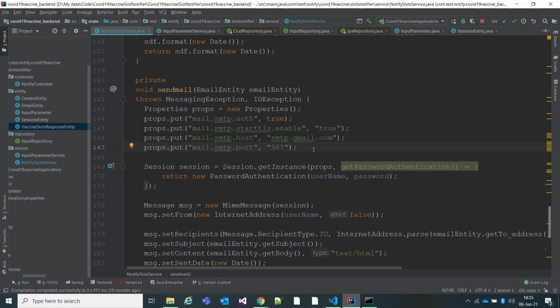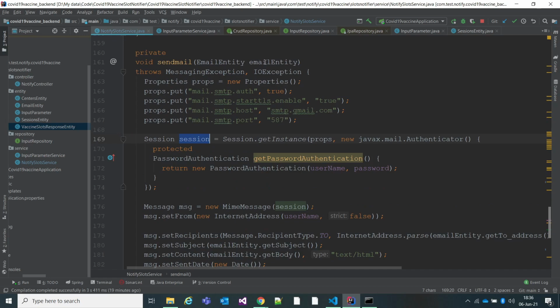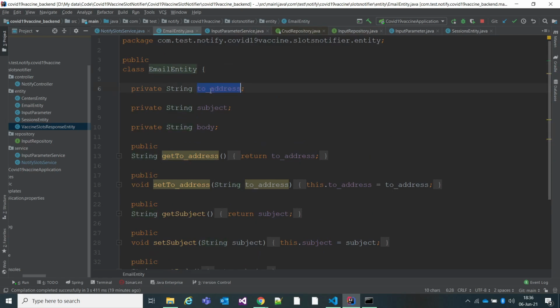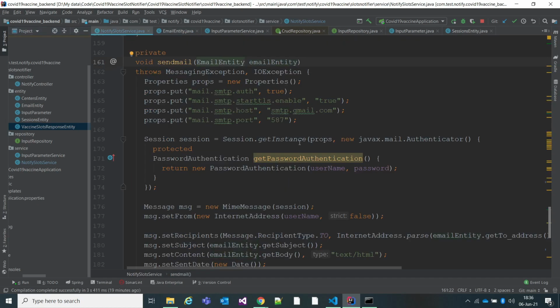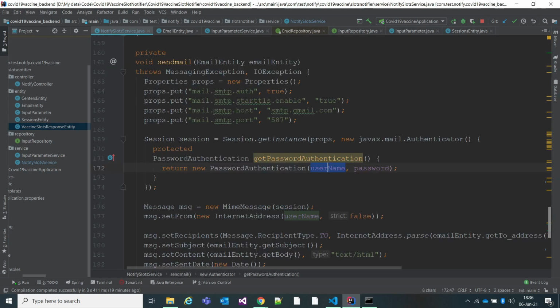So put these properties, create the session, and the email entity, whatever you have created. The email entity has two address, meaning where you want to send the email, subject and body. So the session you have to create by passing the username and password. The username and password are taken from the application property file.